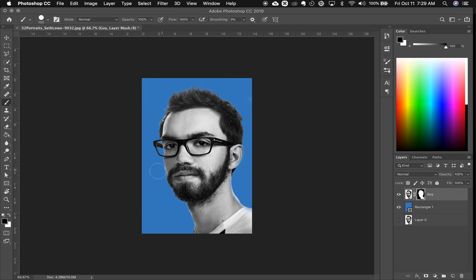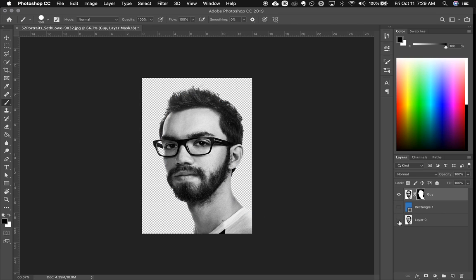Okay, I'm getting that cheek right there still. I need to refine that a little bit, but really the hair, that's the part where it's really difficult. Okay, and I've masked that off well. I could use some different selection tools to fine tune his neck right here, and to really get that close, but it's pretty close. You see the original image right here, and now we took this and